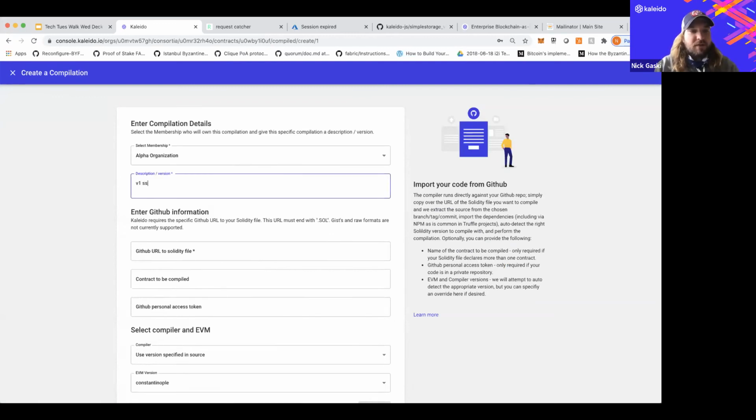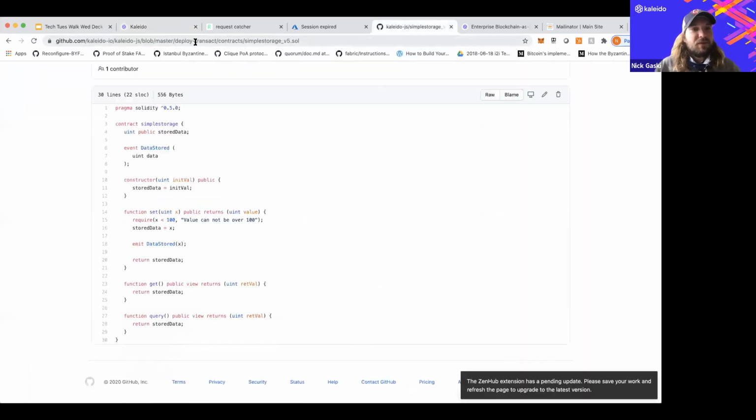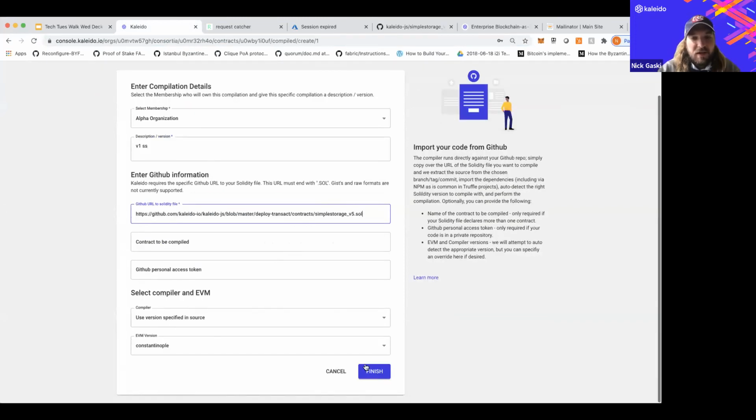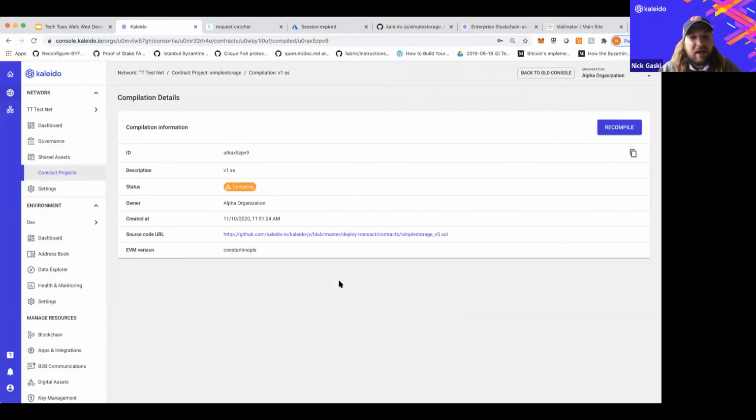So I'm going to call it version 1 of simple storage, and then I'm just going to link to this really uninteresting piece of Solidity code here. It just has an integer and it has a setter and a getter right here. But what you're going to notice is Kaleido is going to give us a REST API for this set and for this get and for this query method. So let me grab this URL, and we'll watch Kaleido again in the matter of 15 to 20 seconds go ahead and serve us up that ABI, that bytecode, and ultimately a rich set of REST APIs for us to speak to. And this is the happy path. And you can use your favorite REST client like Postman to talk to these endpoints. And we've also given you sort of an embedded Swagger interface inside of the product for you to speak to as well.